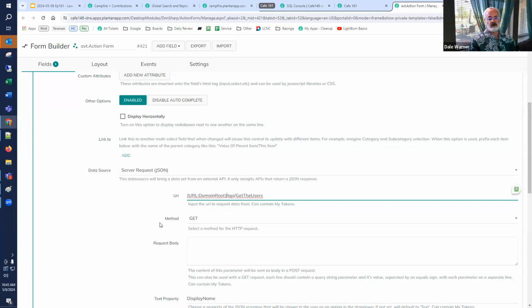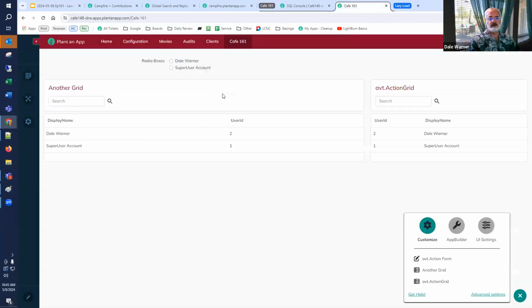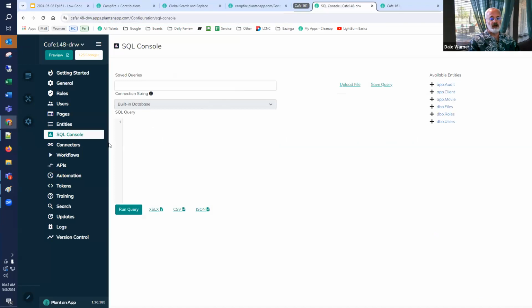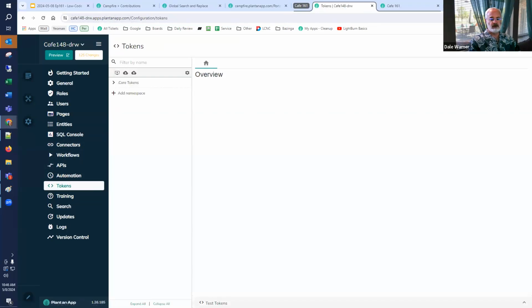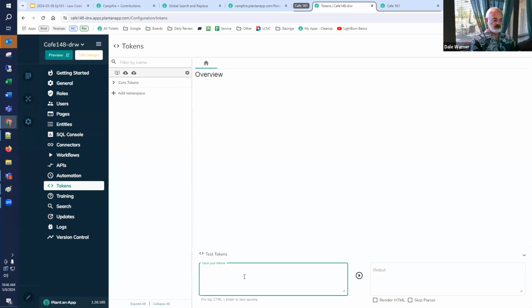By referring to it as a token, this becomes more flexible and is not something that might cause you problems because you're accidentally referring to a production site. I'm not actually going to save this, so I'm just going to close here so that we can see this global change at work. But I will illustrate in our test tokens that this URL domain root